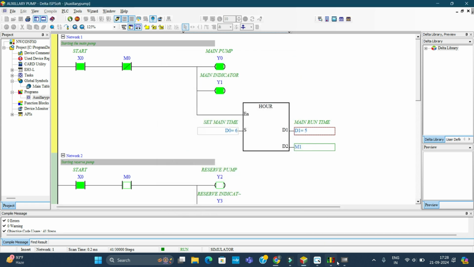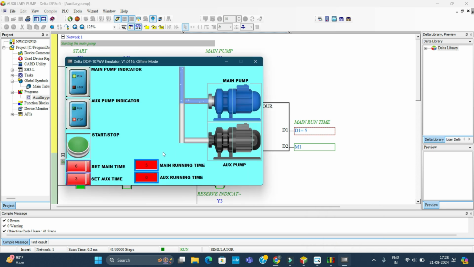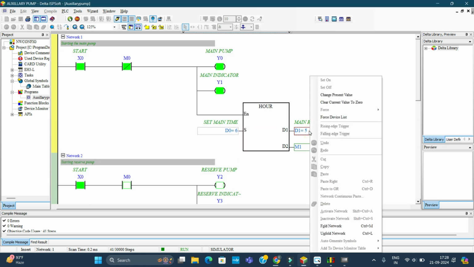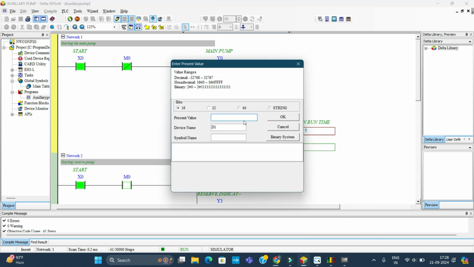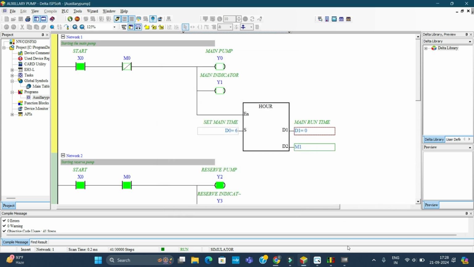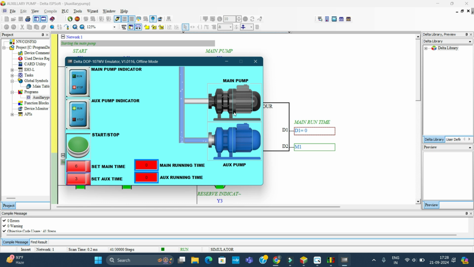If there are 5 hours, you can see the main has run for 5 hours. But now, since 5 hours is still less than the set time, it still has to be on. But if we make it 6 hours, I press OK, I come back. In 6 hours, you see, this one has to go to rest now, and this pump comes in